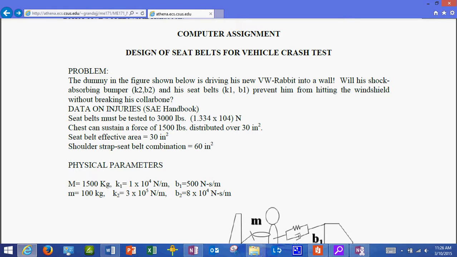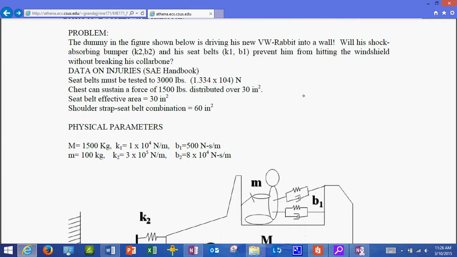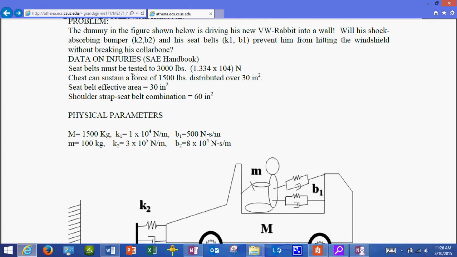So let's look at this dummy here. Say a VW Rabbit here, or any other car of that size. You have the following data. The seat belts must be rated to 3,000 pounds, or 1,334 times 10^4 newtons. The chest can sustain a force of 1,500 pounds